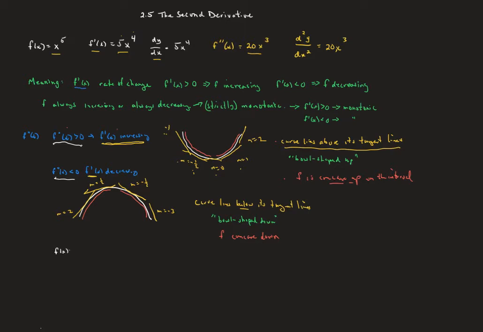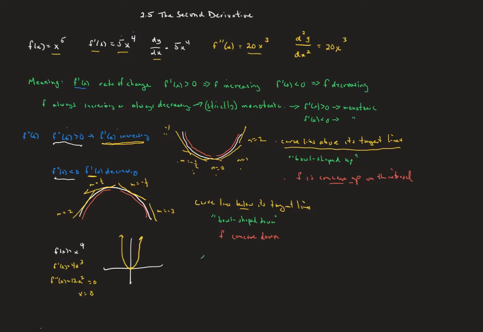So for an example, if we look at f of x equals x to the fourth, we know that the graph of x to the fourth is like a very steep, very narrow parabola type thing. So you can see from looking at it that it's going to be concave up everywhere. Now, its first derivative we know is going to be 4x to the third. Its second derivative is going to be 12x to the second. So we can see that the second derivative is 0 at x equals 0, but yet we will still say that it's going to be concave up over the entire interval. So the takeaway is that we will say,